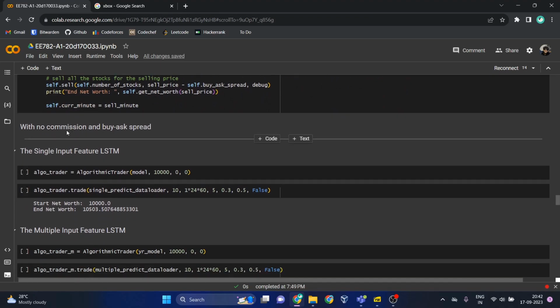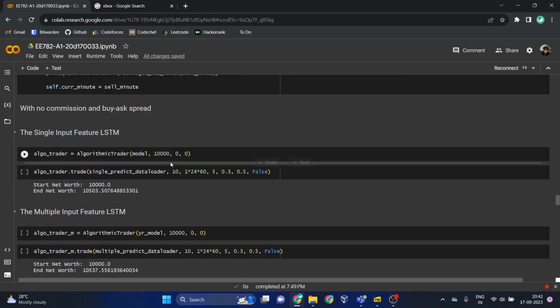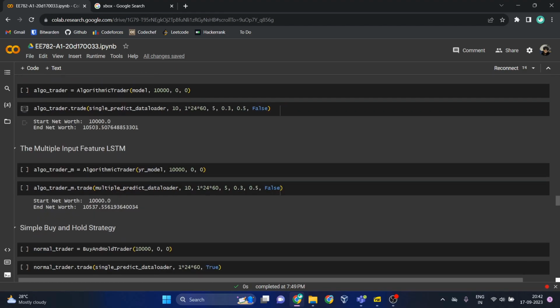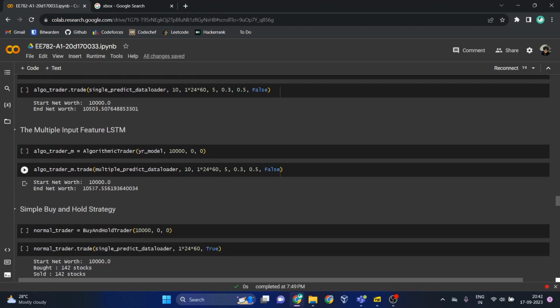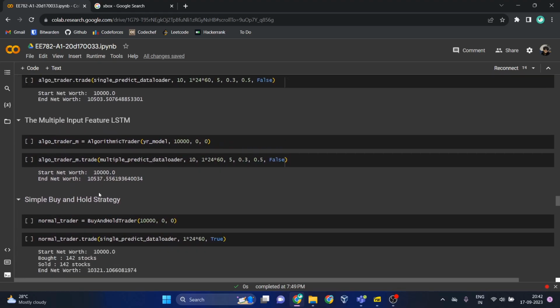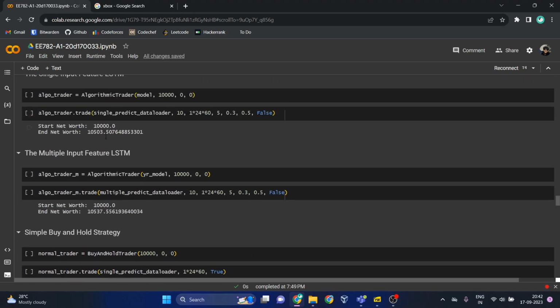I tried to do it without the bias spread first, and we can see that the start net worth was 10,000, and then the end net worth was 10503. Similarly, here 10,000 is input and 10537. And here again, this is for the normal buy and hold strategy, and it's 10321. So we see that when there is no commission and bias spread, these two are performing much better than the